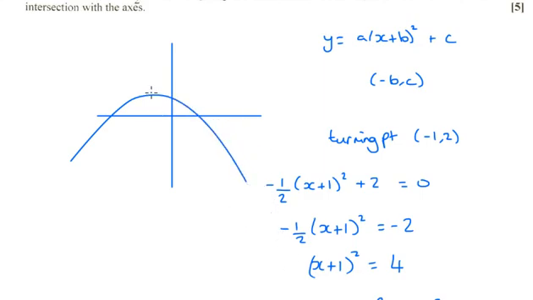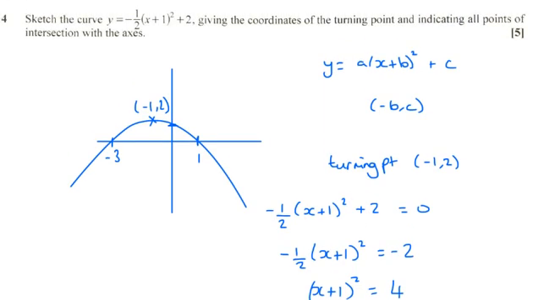So I'm trying to get this turning point looking at roughly -1, 2. Mine's a bit flat, but you'll be able to draw that much better than I can on this software. We've got that this is 1, we've got this is -3. The last thing we need to find is this value here, and that's the y-intercept. And we always know that the y-intercept takes place when x is equal to 0. So if we substitute 0 into here,